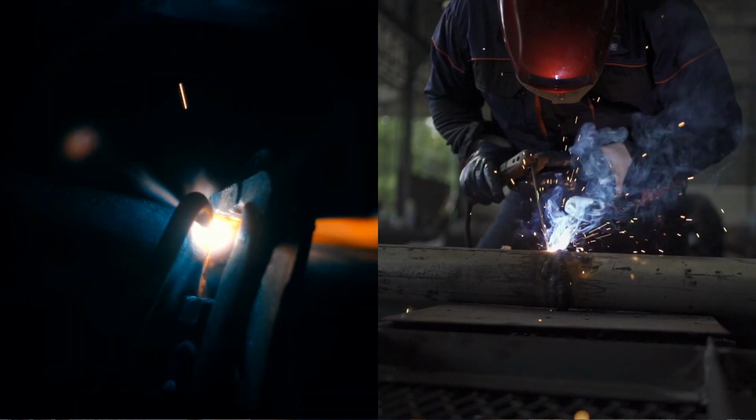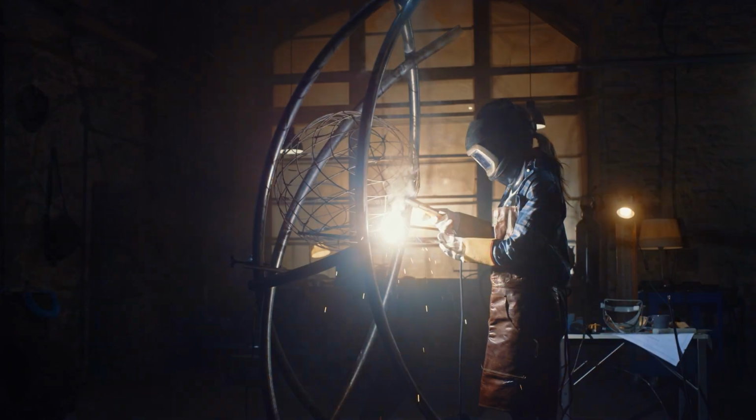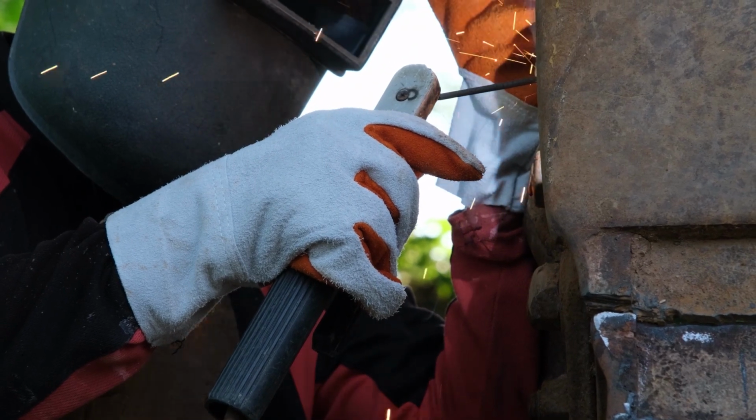Today we have an exciting trade to talk about. This includes fire, heat, sparks, and so much more. You probably already guessed it. Yeah, I'm talking about welding. This skilled trade dates back thousands of years, and it was used by artists, astronauts, and architects, just to name a few. There are so many parts of our lives that depend on welders, and today we will learn things